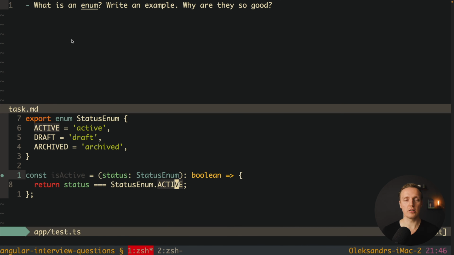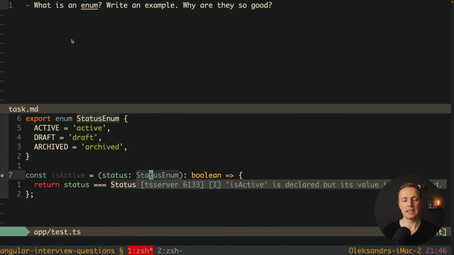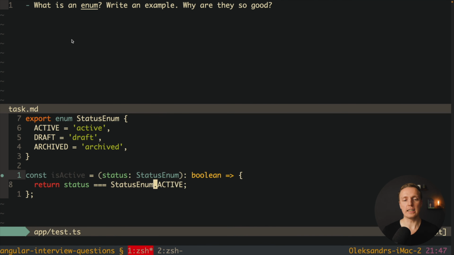So first of all, we know that we grouped all our possible statuses in just a single enum. And now in the whole application, we're not using just strings to compare, so we're not writing here something like active, where we can make a typo. We really use here an enum, and it is everywhere the same, which actually means we can change this word active here, and it will be updated in the whole application. Secondly, we're using here enum as a data type, but also as a value.